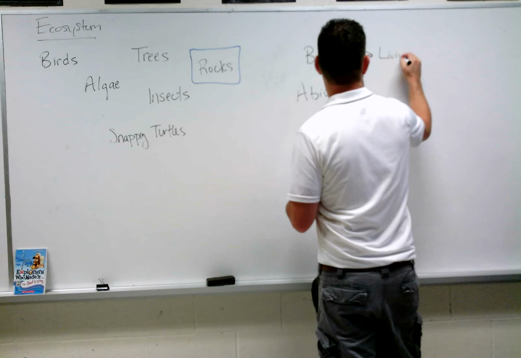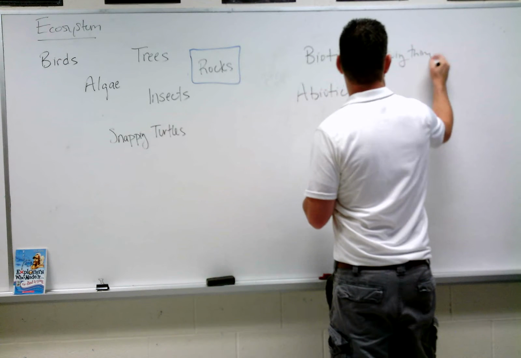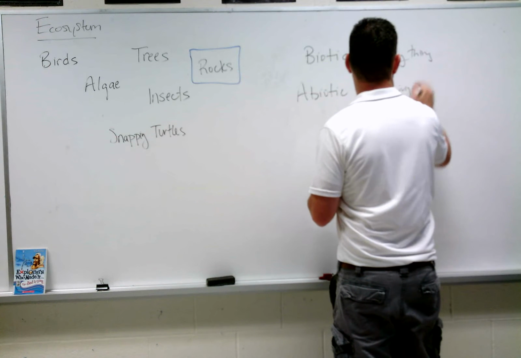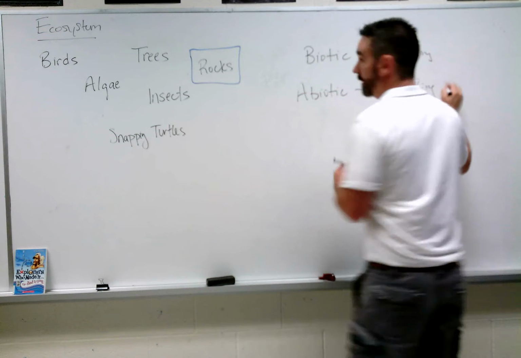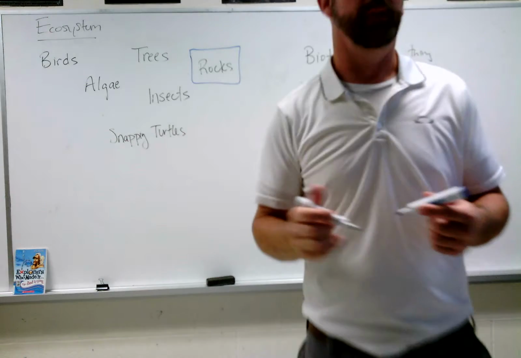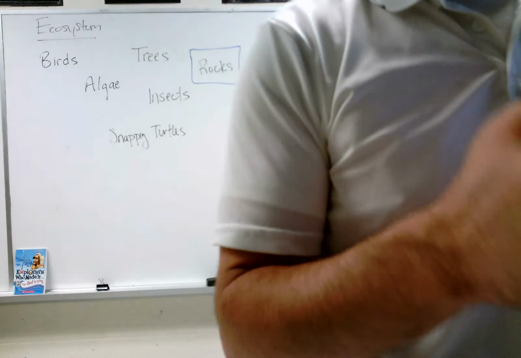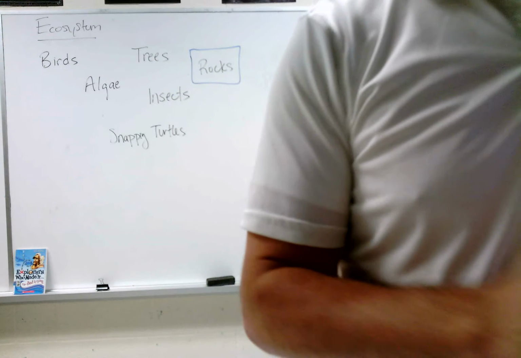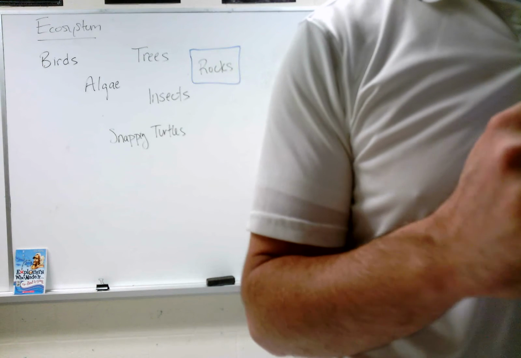So when I say this is not wrong, it's not. There are rocks in the ecosystem, and they're important parts of the ecosystem. For instance, a fish might hide behind the rock to keep away from predators. An animal might lay behind the rock to sleep because it's protected. So all of those things are part of what you're doing, but they are related in different ways.